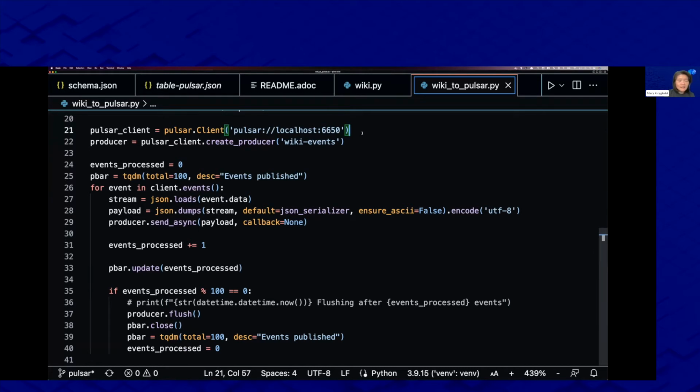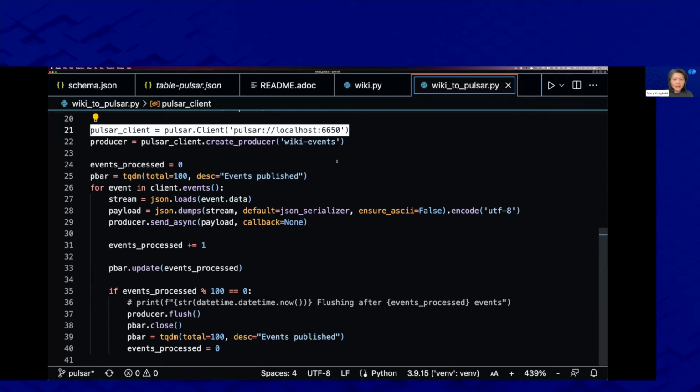So yeah, that's right. So in here too, we're doing Pulsar client. You connect to the broker in here, and right now we're not using the one with the SSL, but otherwise too, you can also connect with SSL if you're on the cloud. Let's say if you're using DataStax, we have Astra Streaming, so you can connect using Pulsar with SSL to the cloud broker like that.